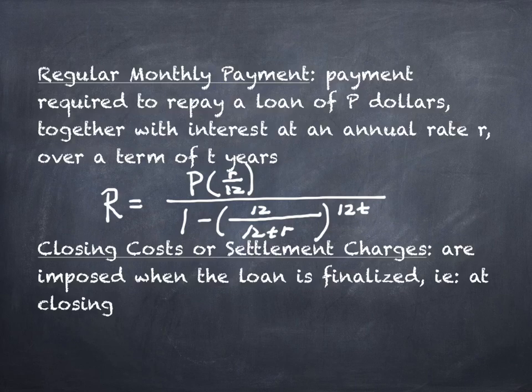So I've got a 12 plus R down here. And then over here I've got a 12T. And what's T? Time in years. So you guys know all these letters, right? This is not anything new in terms of letters. What is new is how the formula is going to work. I'm sorry, that's 12T or 12 plus R? This is 12 plus R. Okay. Yes. P was principal? P is principal, yes.